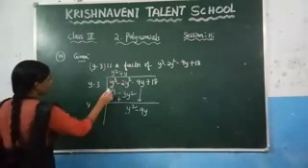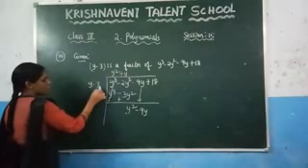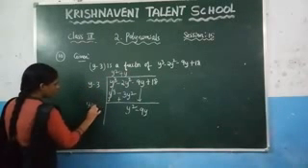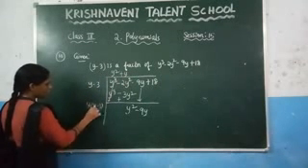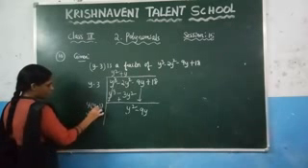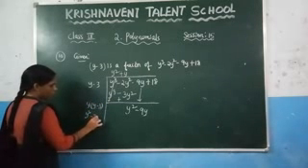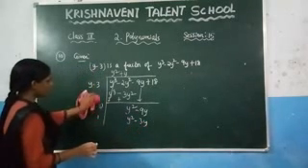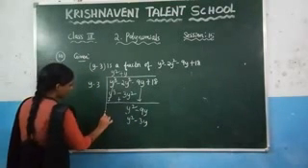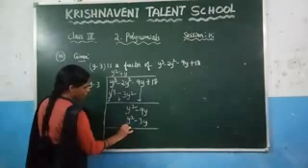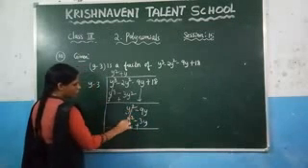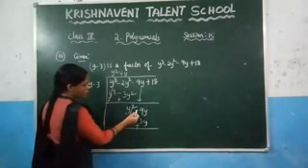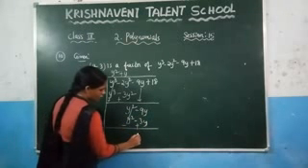What do we need to do? You need to multiply this y with the divisor, y into y minus 3. After solving, what do you get? y into y gives y square, and y into minus 3 gives minus 3y. Write it here, y square minus 3y. Now we need to change the signs. So change the signs: minus here, plus. These two will get cancelled. Now find the value of minus 9 plus 3, which gives you minus 6.